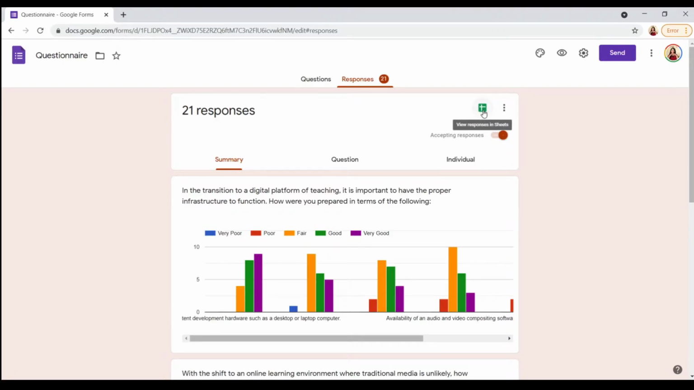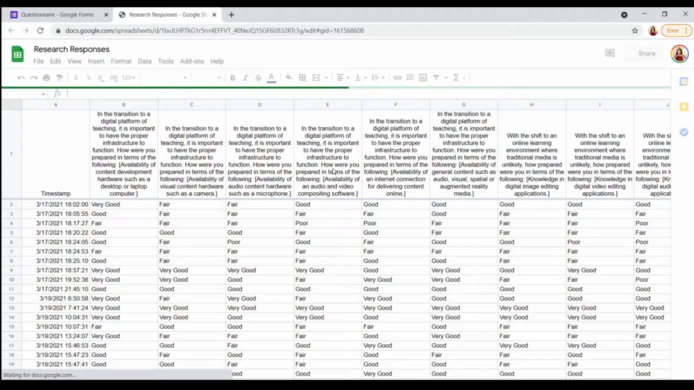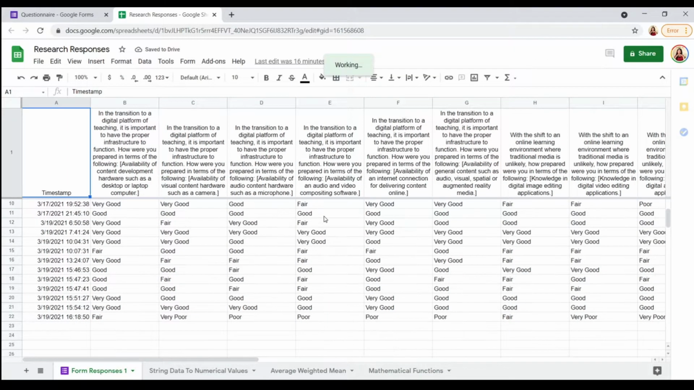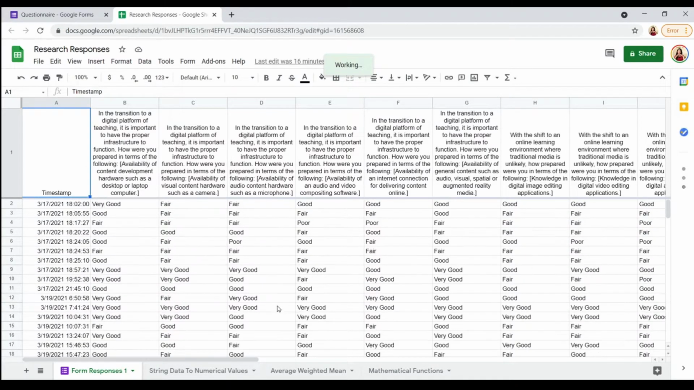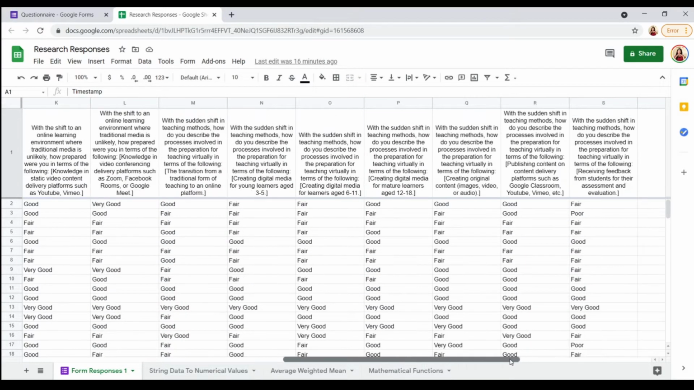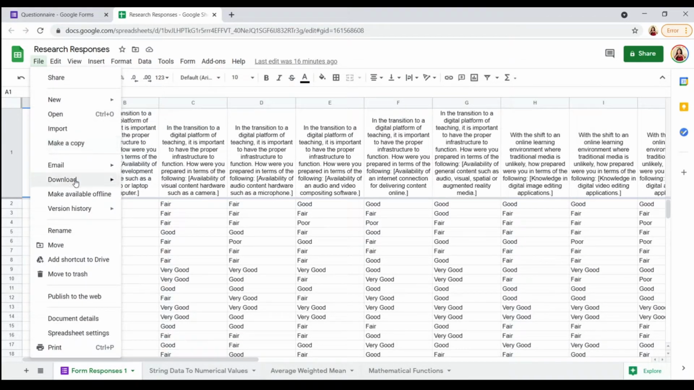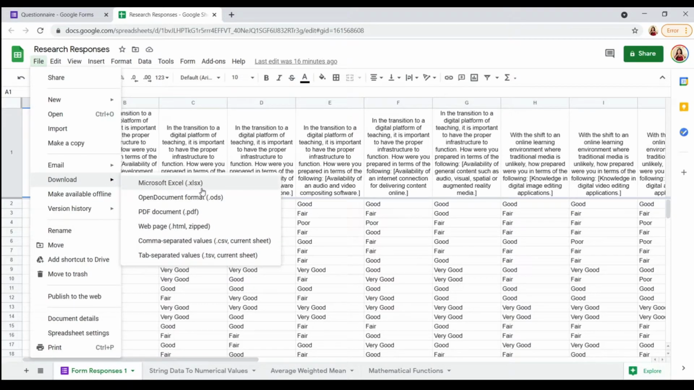Sheets, and this will output the raw data that the form has been able to receive from the respondents. Now let's go to File and then select Download and select Microsoft Excel or .xlsx. Once you click it,